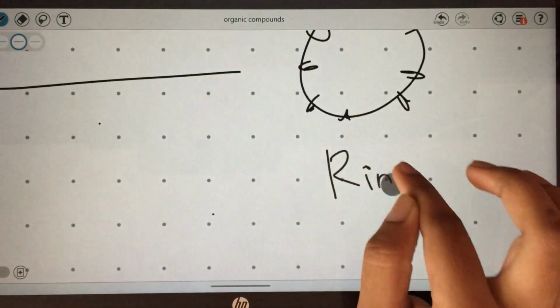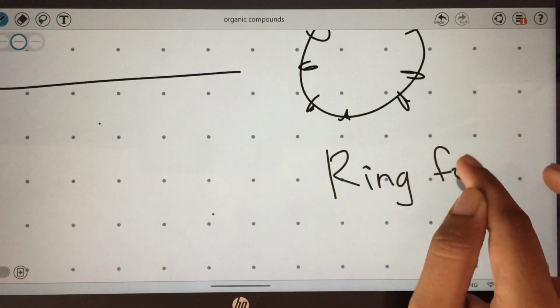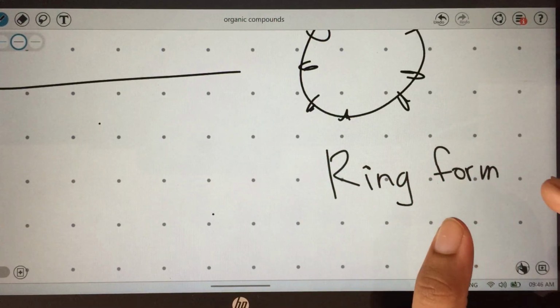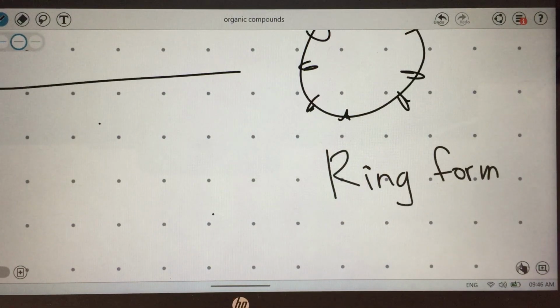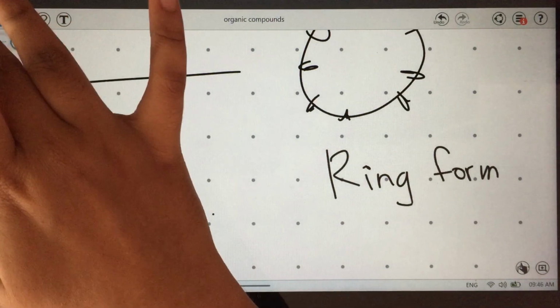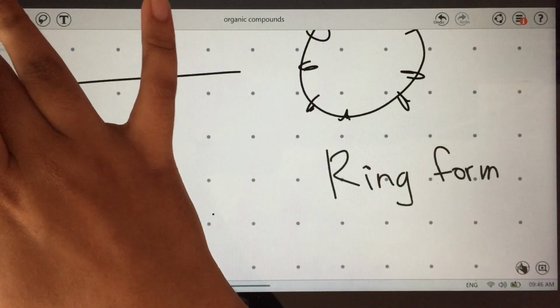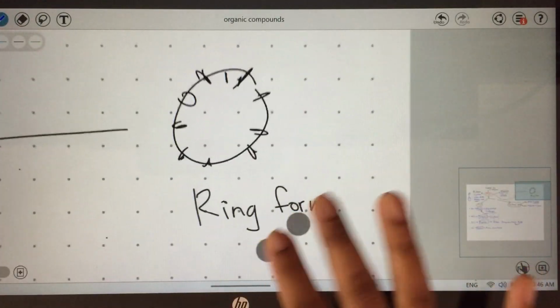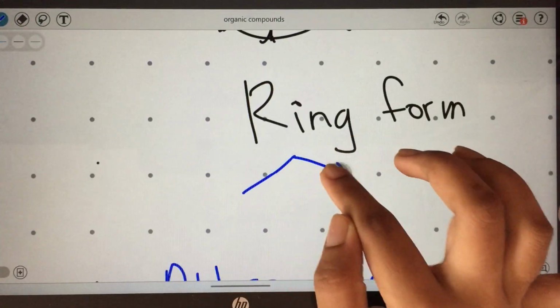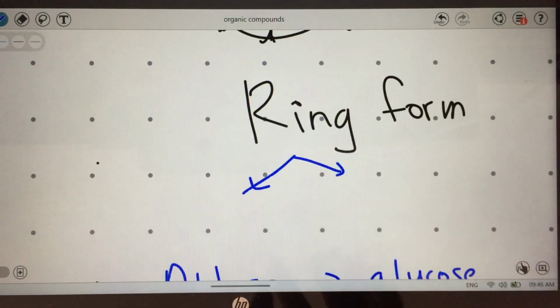So in aqueous media, some monosaccharides are going to be in ring form. Ring form, you have to remember glucose and fructose. That's all you have to remember from that page. You don't have to remember anything beyond that. In ring form there are two examples. They have given that with a picture, right?